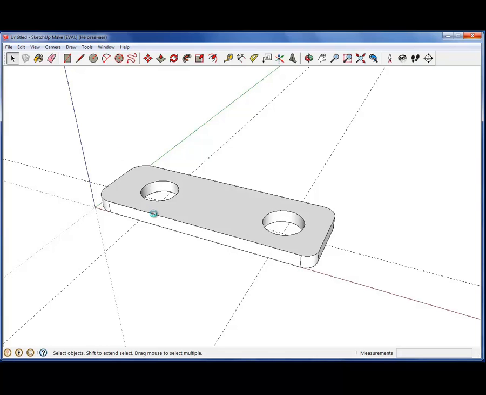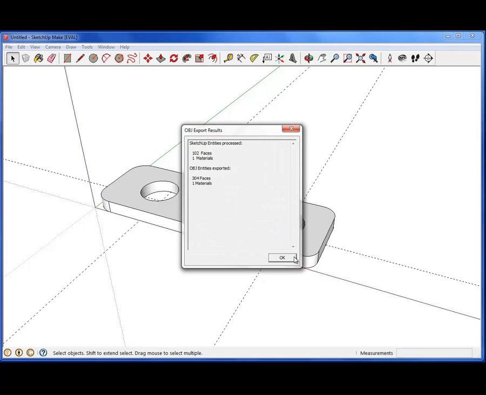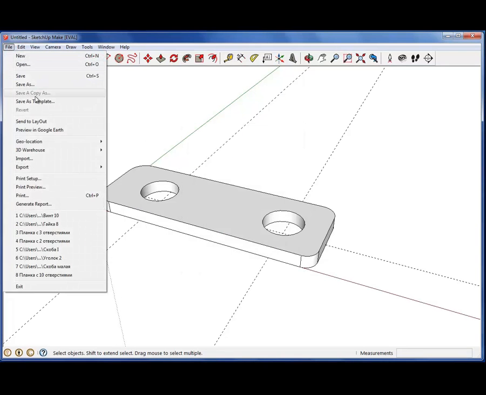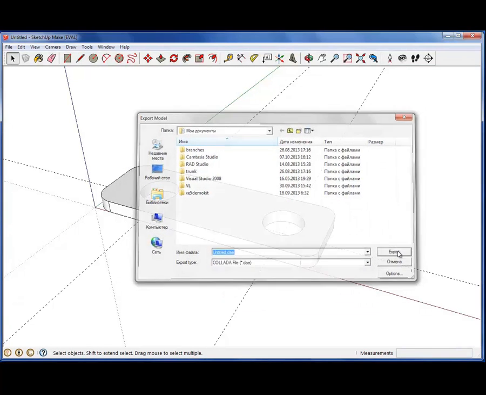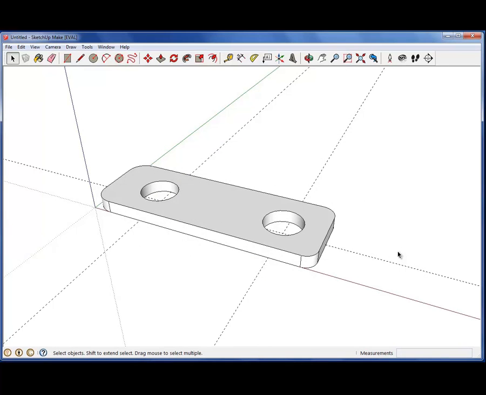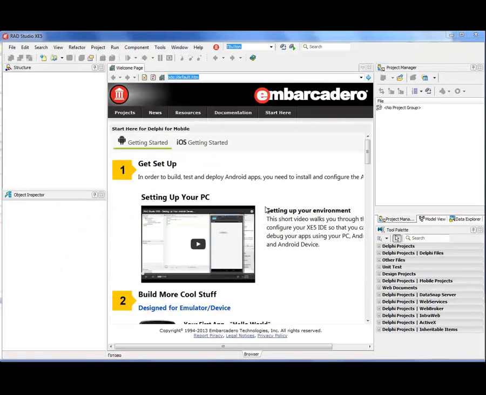Later on we'll discuss what's the best way. So once again, Google SketchUp has its own format of storing 3D graphics, and we'll export the 3D model in OBJ and DAE format. Now go to Delphi.